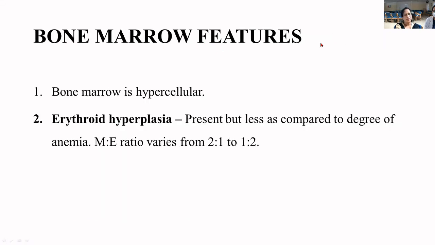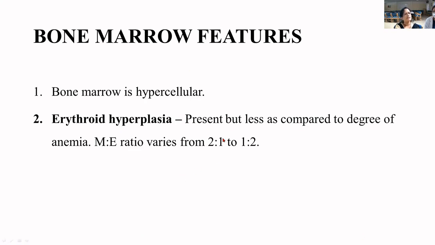Bone marrow: when do we do a bone marrow for microcytic hypochromic anemia? We showed a flow chart algorithm in the previous class. It is done when the patient is not responding to iron treatment, or when we are not seeing any abnormal hemoglobins like increased A2 and F. When we rule out thalassemia and rule out iron deficiency, only then is bone marrow usually done.